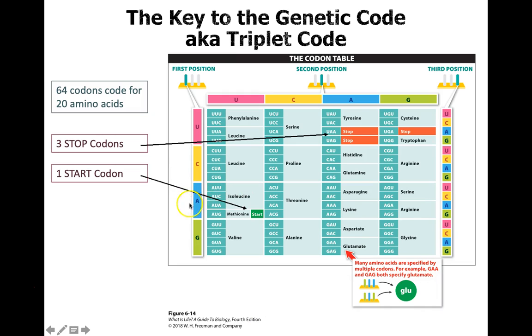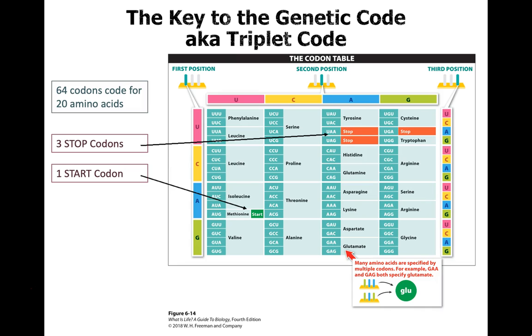So we'll go to row A, column G, third letter A. AGA codes for the amino acid arginine. You do not need to memorize these with the exception of that start codon. So I want you to note that if you see an AUG, that's going to signify the start of your